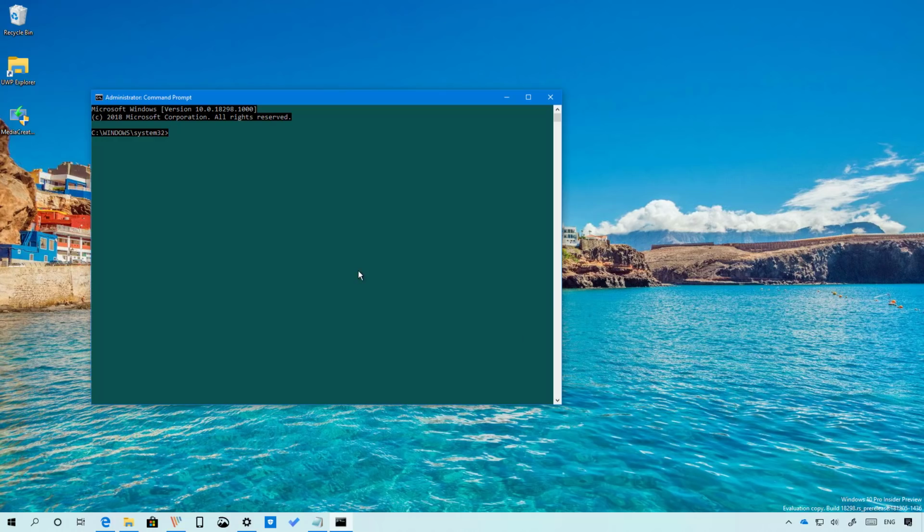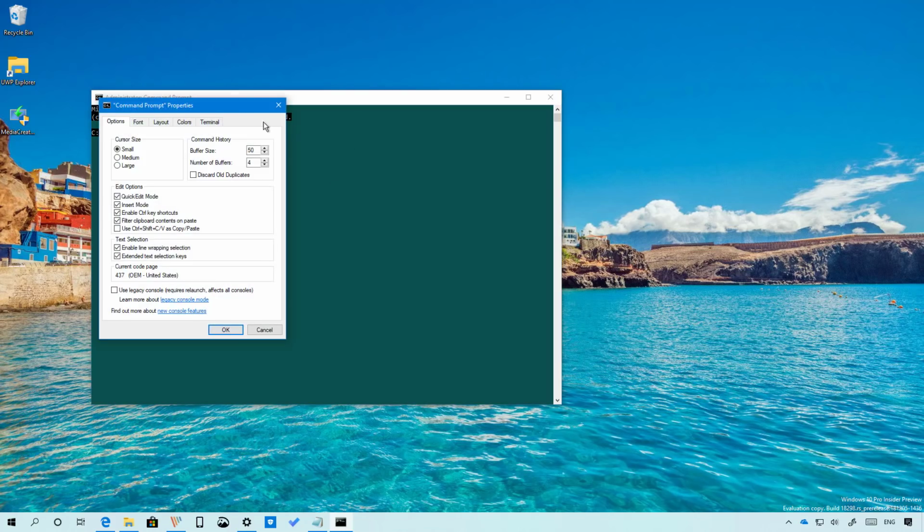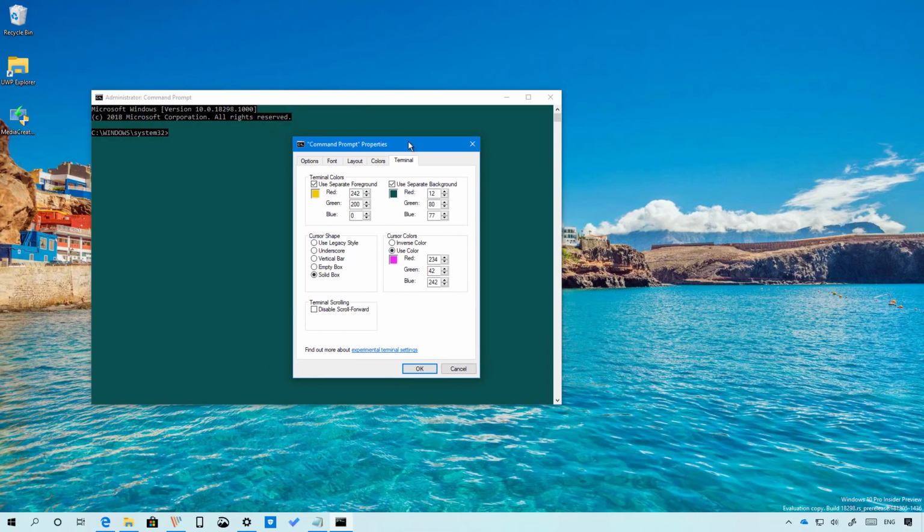In this 19H1 preview, Windows 10 is also updating the properties for the consoles, whether you're using PowerShell, Command Prompt, or the Linux Bash, with a new terminal tab that allows you to set new settings, such as the cursor shape, colors, terminal colors, and even more.